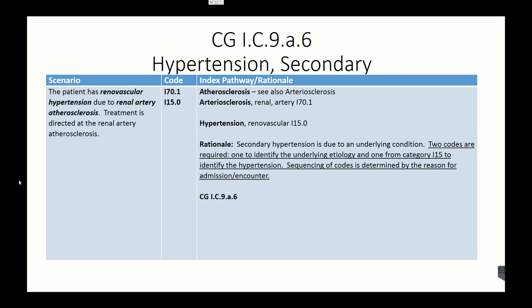Coding Guidelines, Section 1, Chapter 9, Section A, Number 6, Hypertension Secondary. The scenario is the patient has renovascular hypertension due to renal artery atherosclerosis. Treatment is directed at the renal artery